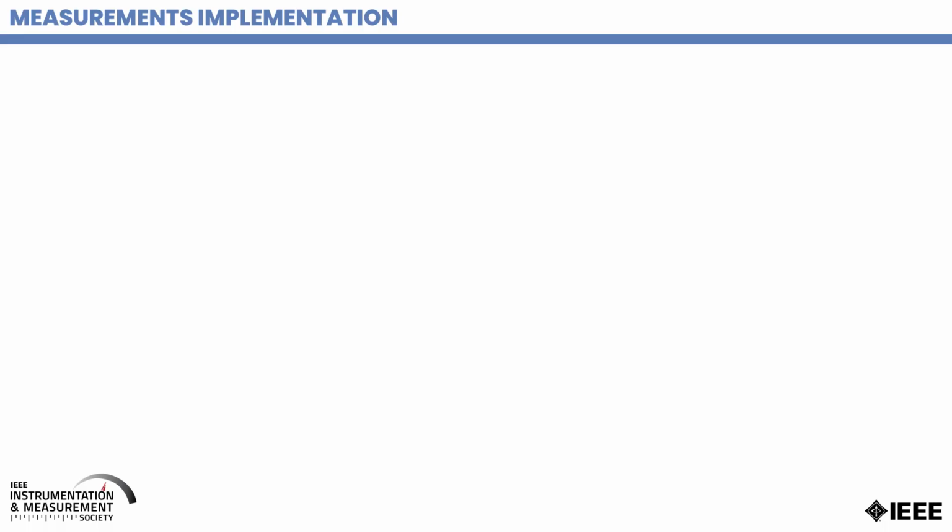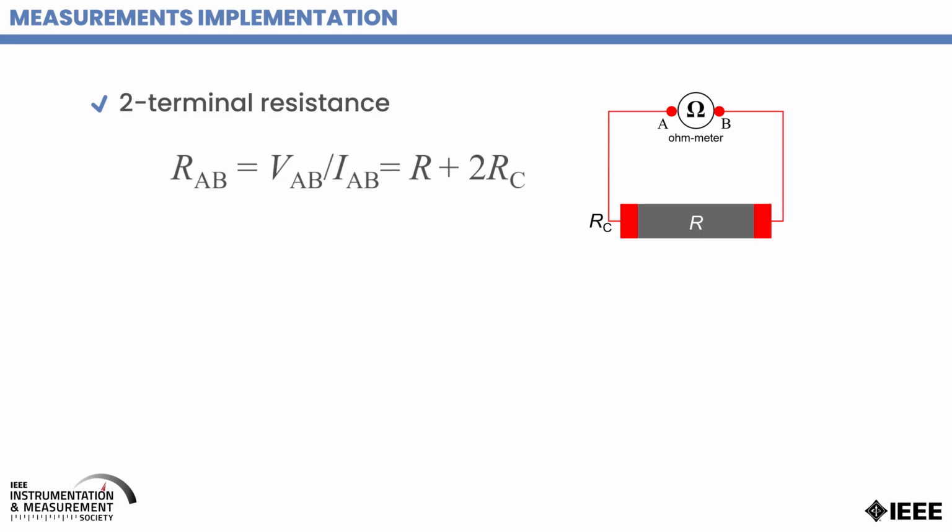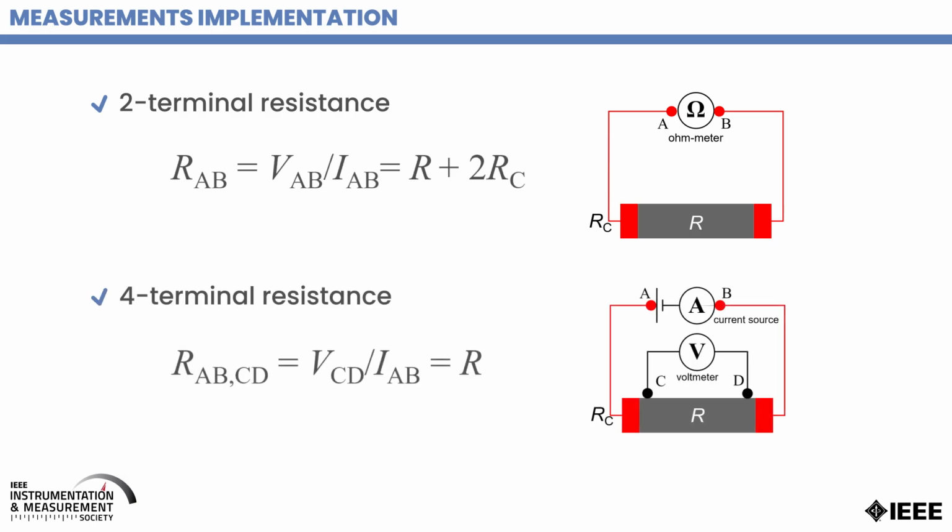So, for example, when you perform a two-terminal resistance measurement, you include in your measurements both the resistance of the sample and the resistance of the contacts. With the four-terminal configuration, you use two contacts to inject the current, no matter the voltage you need to inject this current, which depends on the contact resistance. Then, with another pair of contacts, you sense the voltage. The ratio between the injected current and the sensed voltage using these four contacts allows you to measure just the